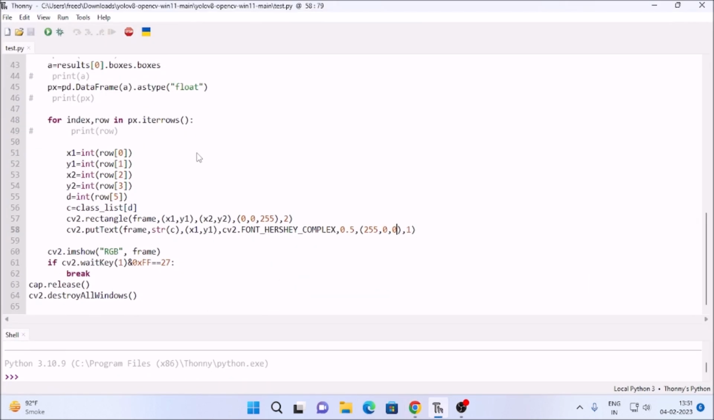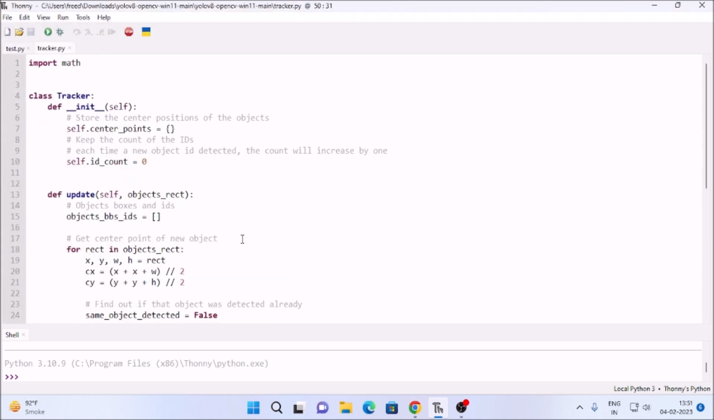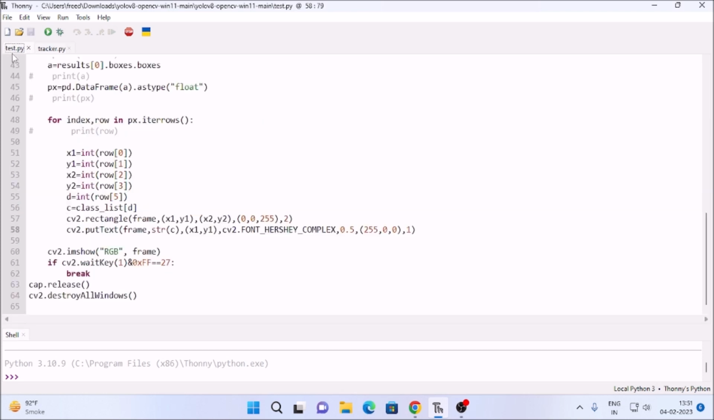I have already mentioned the tracker.py file. If I go to File and click on Open, as you can see, this is our tracker.py, which we are going to call inside our last session code, which is test.py. This is the code we created for detecting objects with YOLOv8 using the default pre-trained model. So if I run the code,